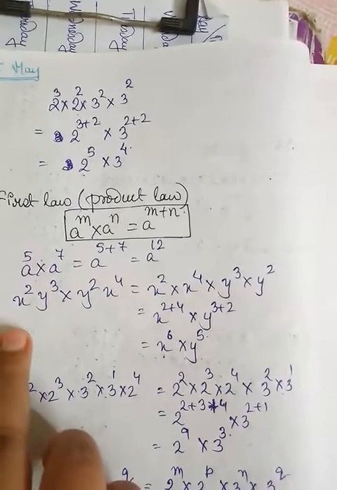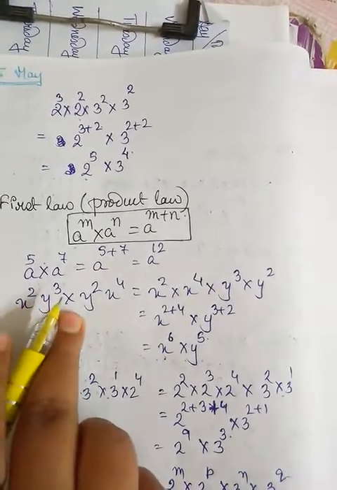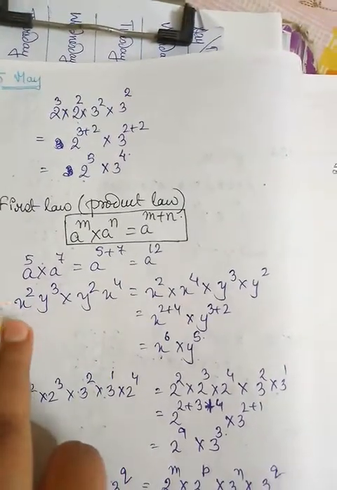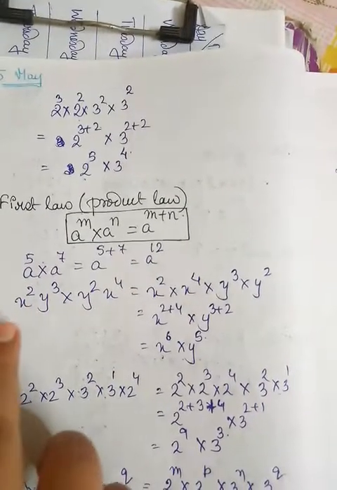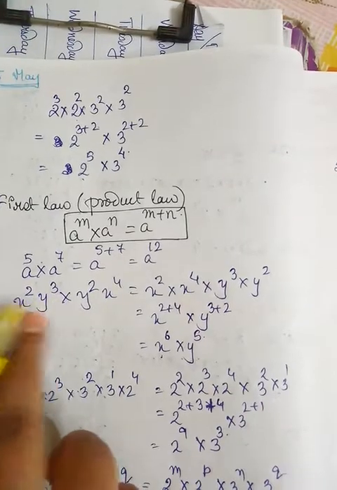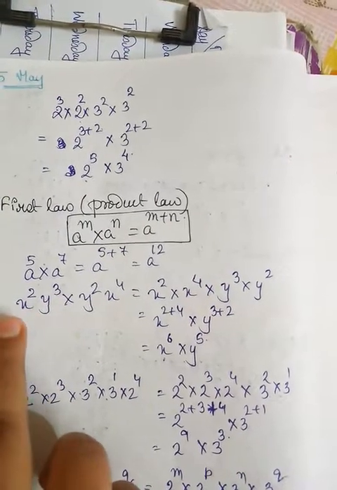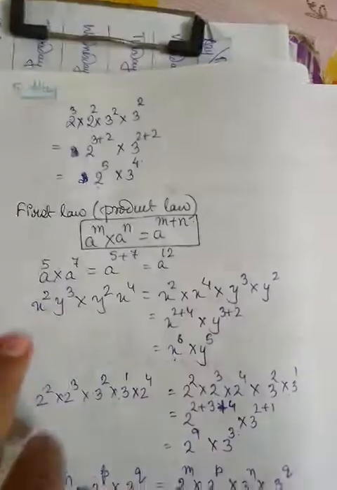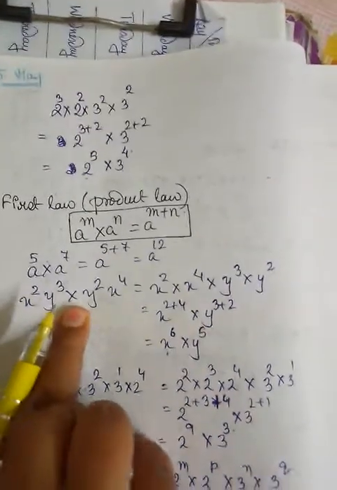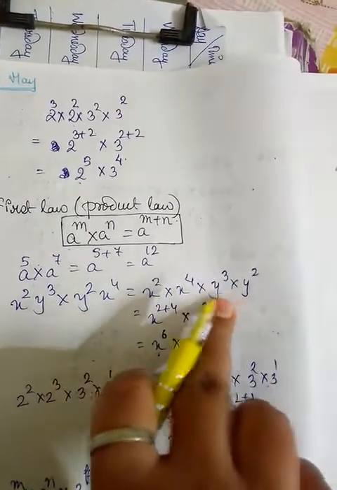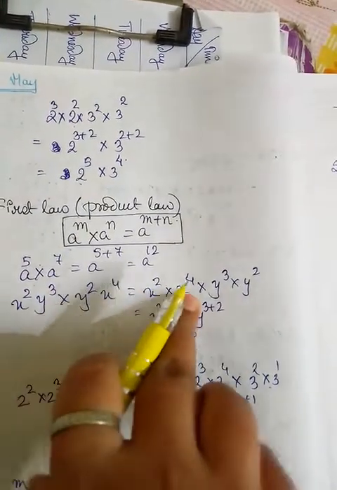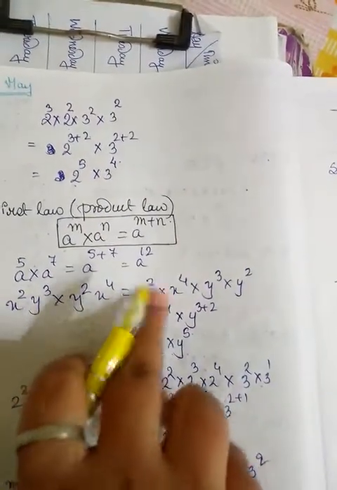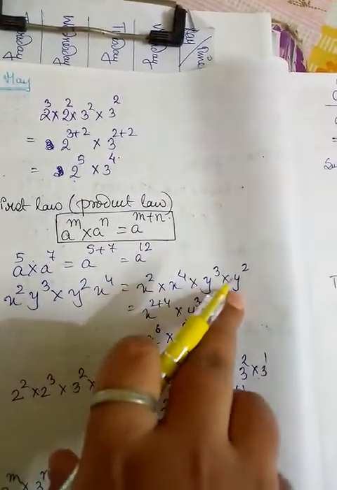I can see some of the students, the x and the multiplication sign is similar. This may create a misunderstanding, so please try to avoid the confusion and try to bring a little differentiation in x and multiplication sign. So see, I have first broken out the terms and I have brought down the similar terms. Actually, I have broken it to bring the similar terms together. So x square into x to the power 4 into y cube into y square.